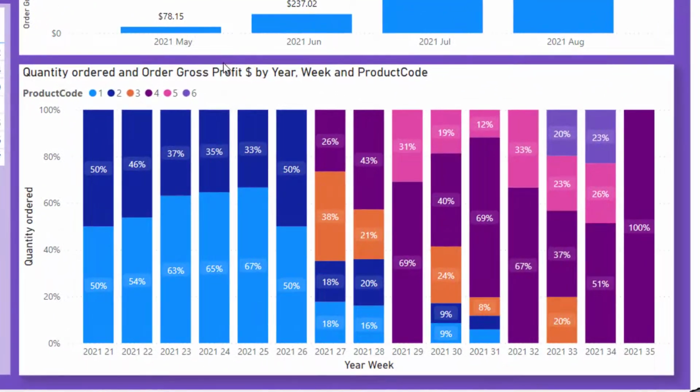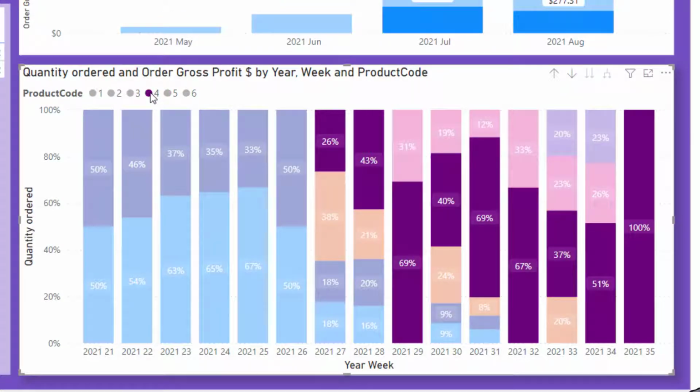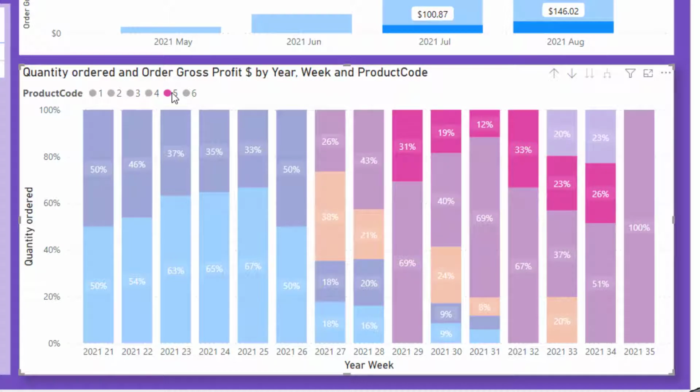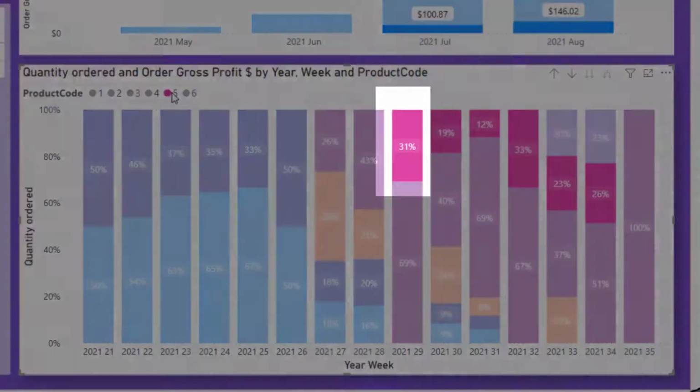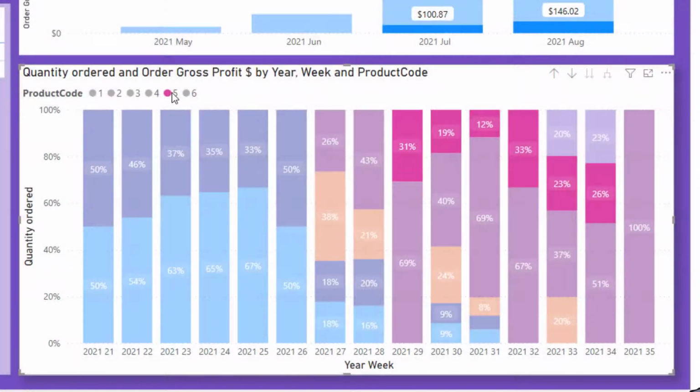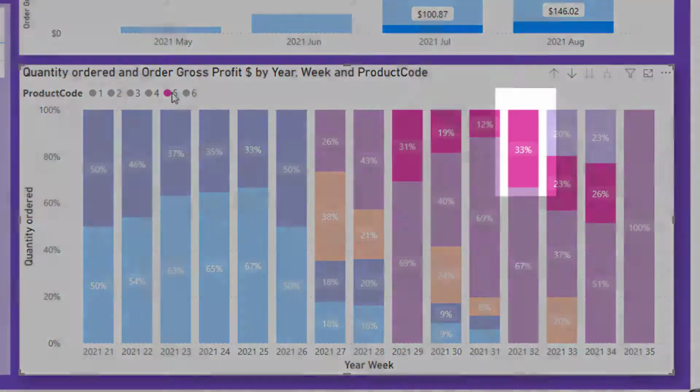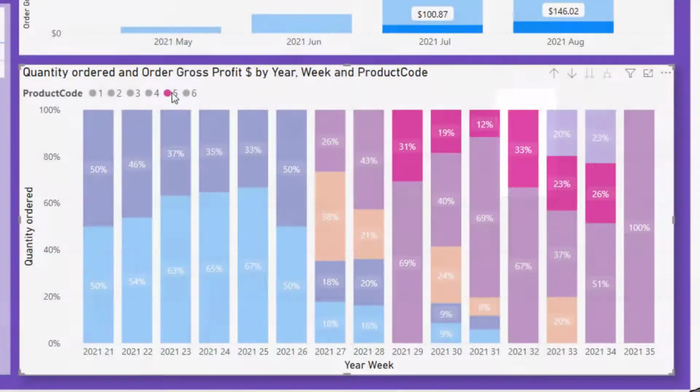So going to this report, I can say to the customer, for product number 4 here, I can see that it constitutes the majority of the sales or the orders in the last couple of weeks. If we contrast that to product number 5, I can see that product number 5 had that strong start of 31% and it's quite cyclic in nature for its orders. So we can see it returns back to 30%